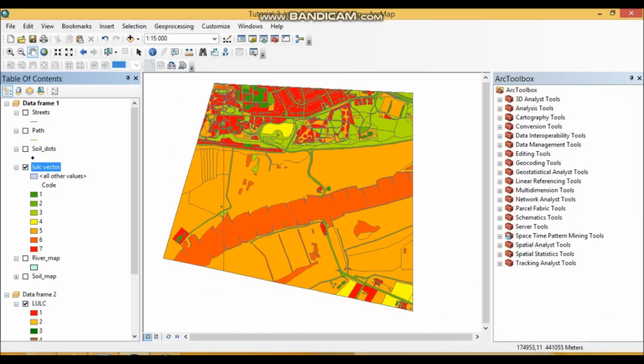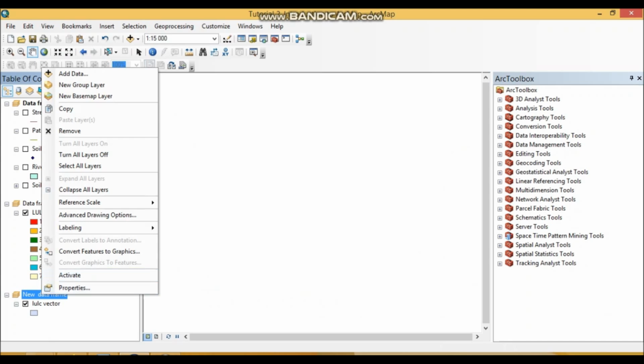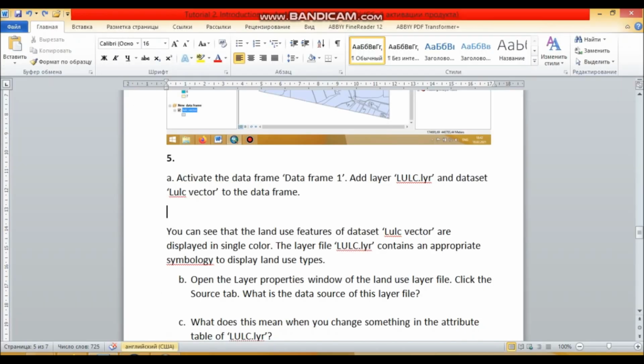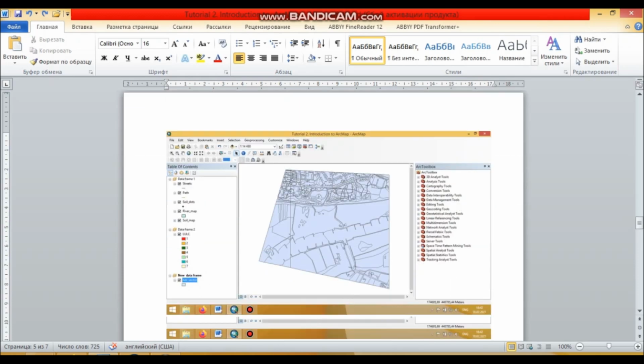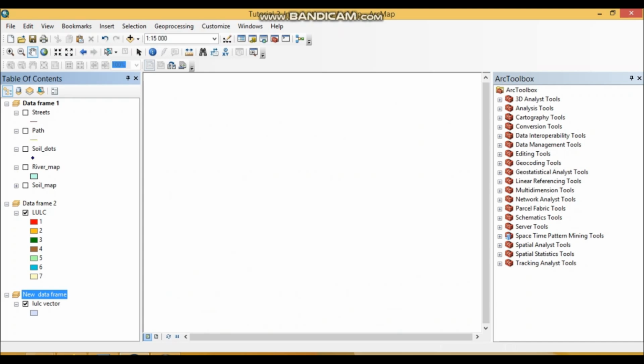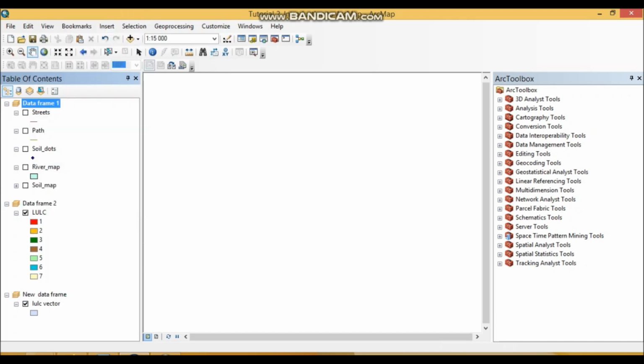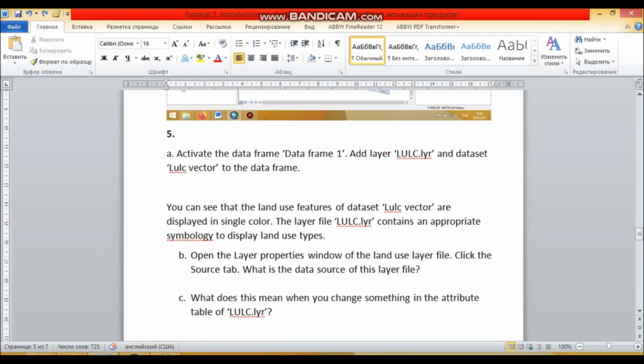You should remember that working with several data sets and data frames really facilitates your work. Collecting several data sets within a data frame, or adding new data frames and new data sets, actually makes your work easier. But you can also always work with only one data frame. You can just delete these data frames, but remember that at least one data frame will always be present in your ArcMap document. Activate data frame 1, add LULC layer datasets and